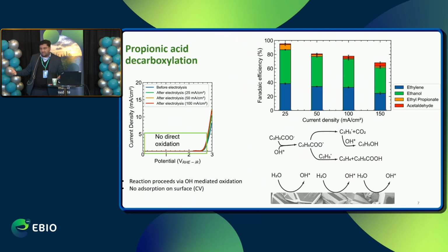And then we switch to the propionic acid decarboxylation. What we have found is that when we apply the potential on the electrode in the presence of propionic acid, we don't have any direct oxidation, which shows that the propionic acid also oxidizes indirectly by hydroxyl radical. So what happens is that